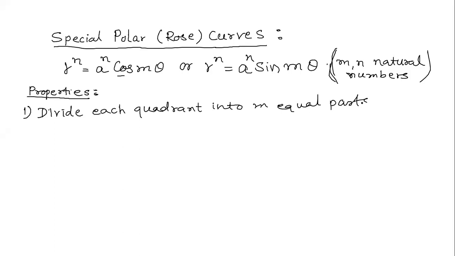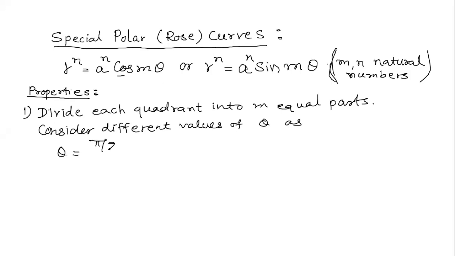Here, consider different values of theta as theta equal to pi by 2 upon m times i. Yes, each quadrant means pi by 2 is to be divided into m equal parts, and i here can be 0, 1, 2 like that. So these are the different values to be considered. This is the first thing, and then after that